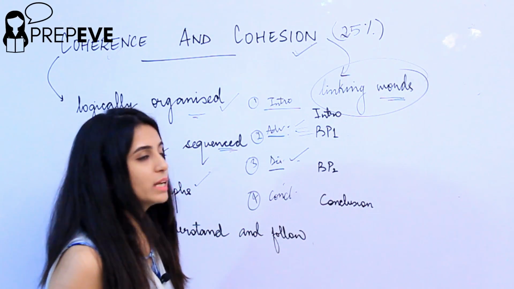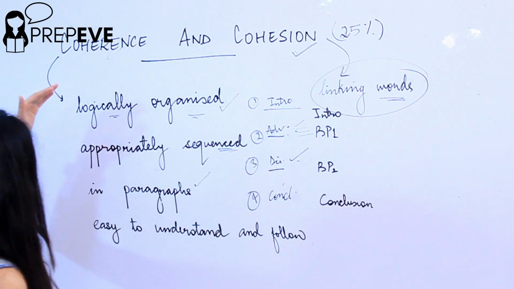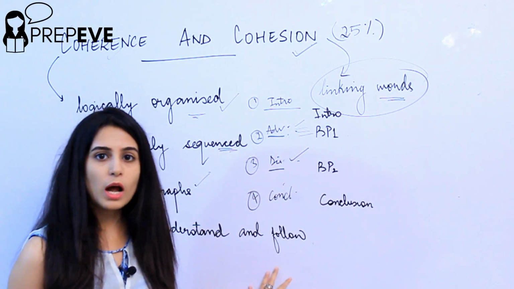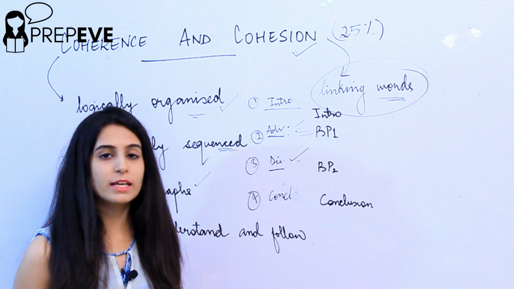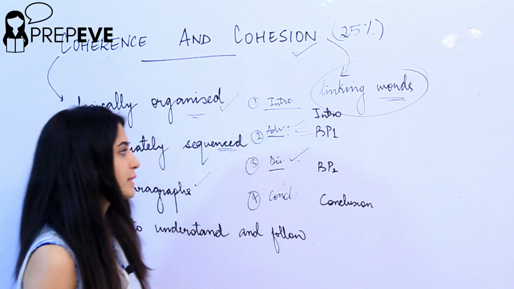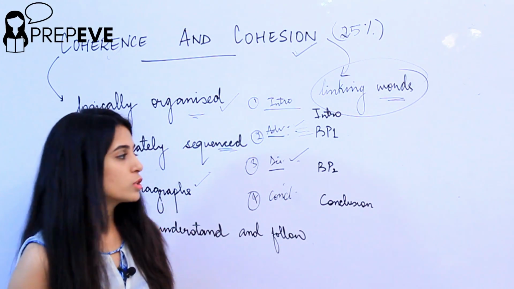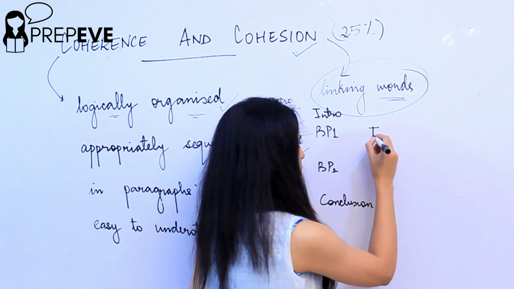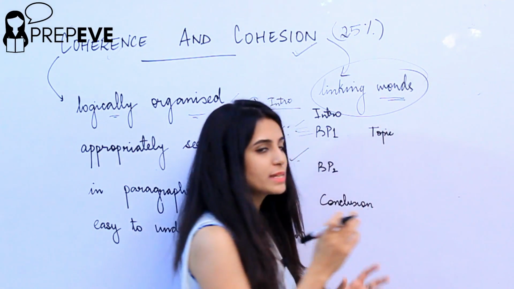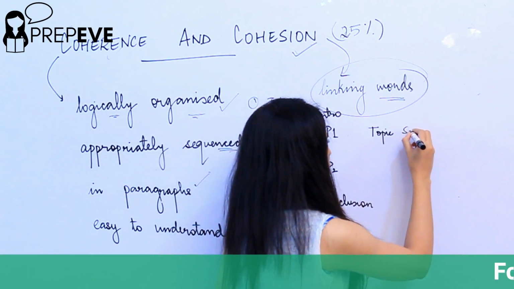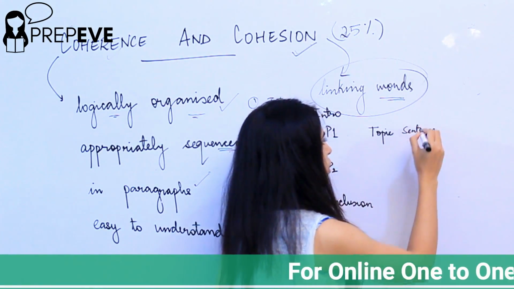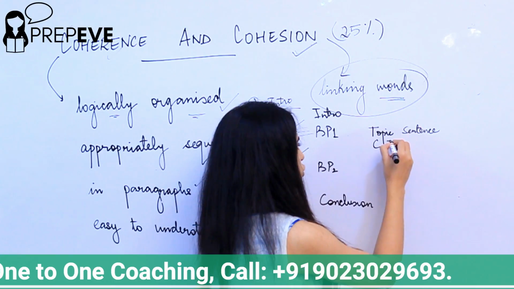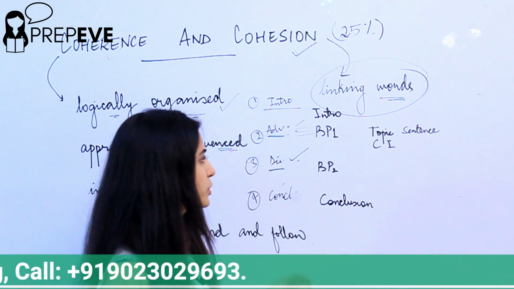This is how you deal with any of the essays, and also follow these things so that it's easier for the examiner to understand and follow your ideas, and there's a clear train of thought that is shown in your answers. So in your body paragraphs, you can write one topic sentence. Topic sentence, what are topic sentences? These are simple sentences which are written in the beginning of your paragraphs to introduce a new idea. Topic sentences are also called controlling ideas, as I've mentioned in our previous videos.